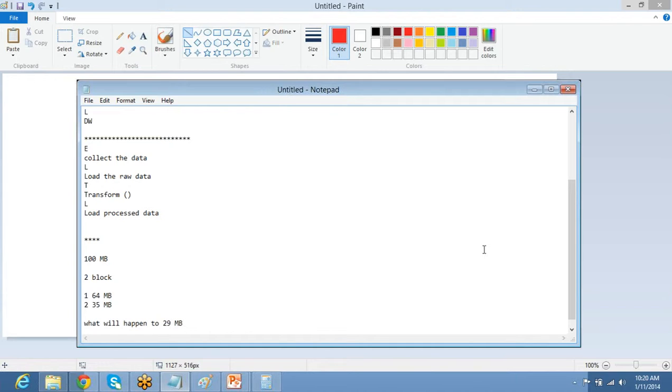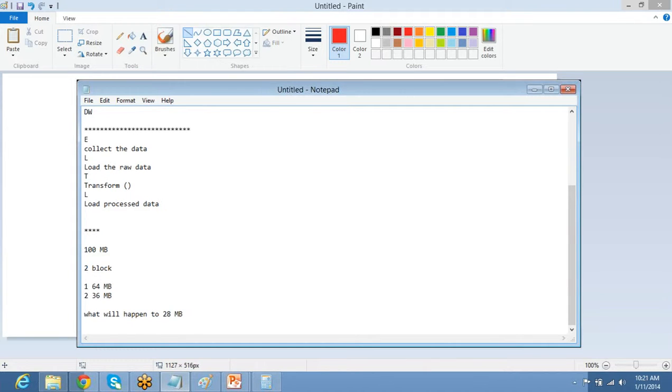I think it will produce two blocks, one of 64 MB and another of 36 MB. I think we are at a stage where we understand the importance of data and its storage. So Hadoop must have been developed in such a way that it does not waste any MBs, whether 1 MB or 2 MBs. It would be using only 36 MB in that case.